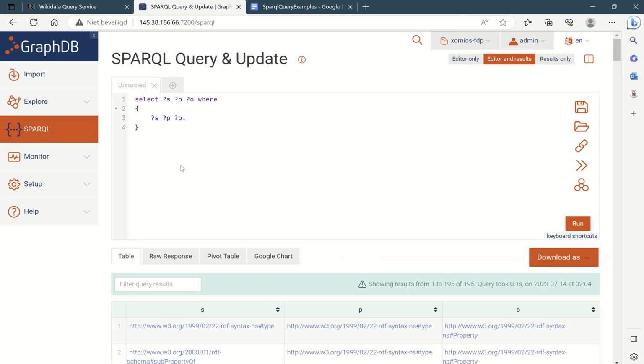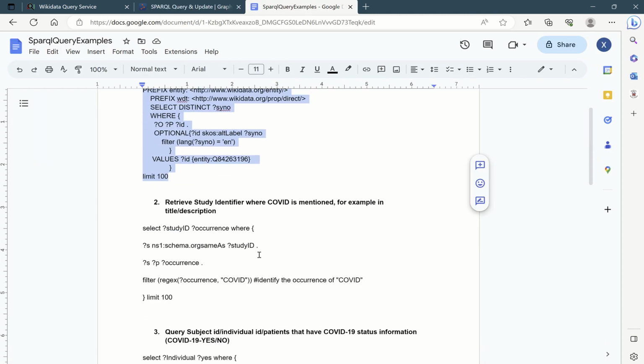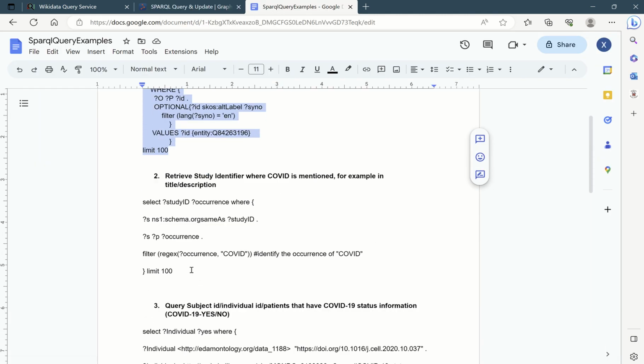Our example will consist of 4 steps. Starting with step 1, we will retrieve study identifiers where COVID is mentioned in either the title or description. Again, we use the SPARQL query prepared.